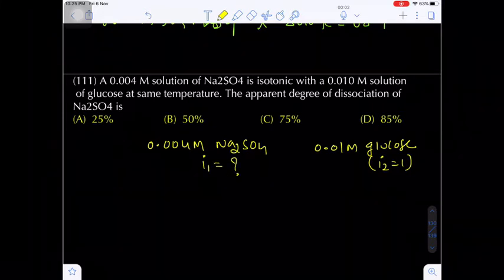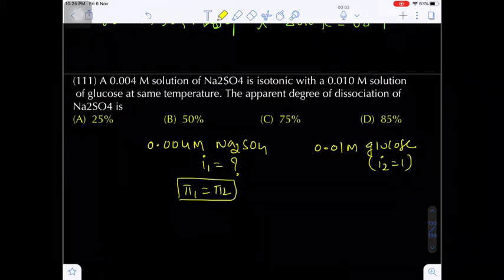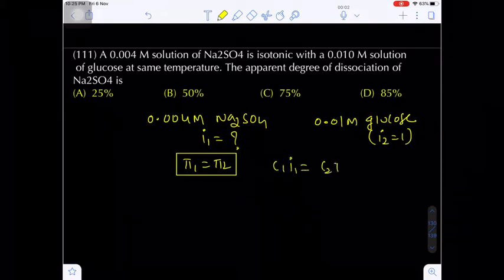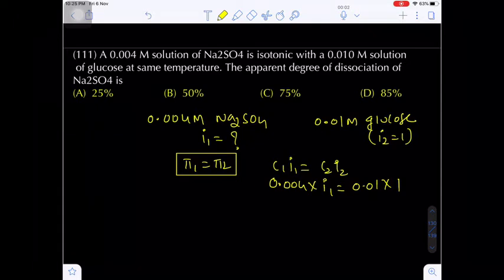Now here, the condition for isotonic solutions: pi 1 is equal to pi 2. Yes or no? Pi 1 equal to pi 2 is nothing but C1 iota 1 equal to C2 iota 2. What is the C1 value? 0.004, iota value to be calculated. What is C2? 0.01, and the i2 value here is 1. So the i1 value will be equal to 1 by 0.4, that is 10 by 4, 5 by 2,